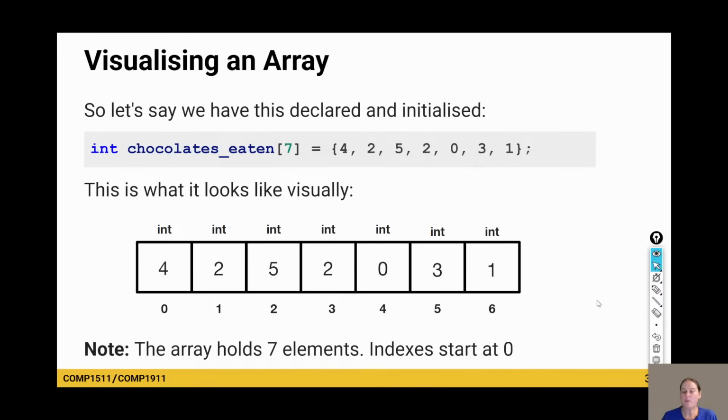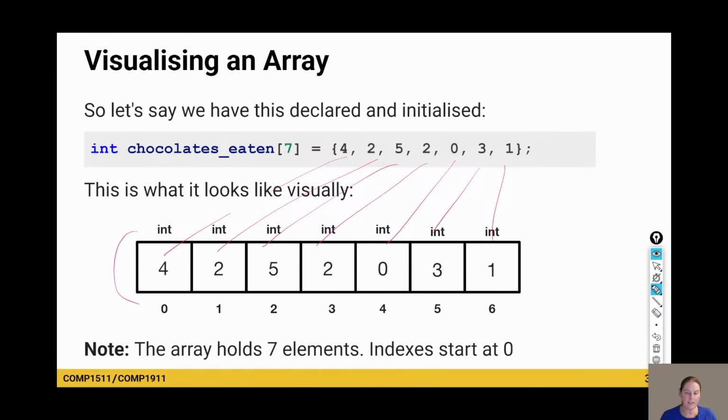This is how we would often visualize it. And typically once we're doing array stuff, we do want to draw it and think about what's happening before we just jump in and code it. So if I've got an array of size 7, I would think of it like this picture down here, and we've got all these values in here: 4, 2, 5, 2, 0, 3, 1.